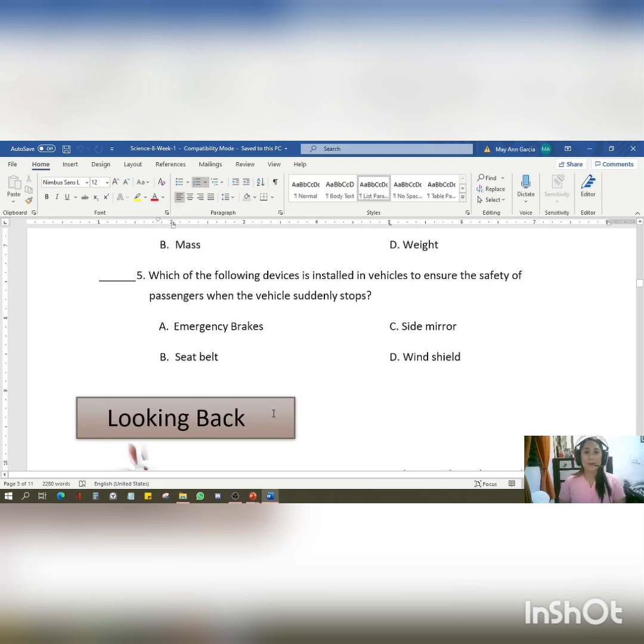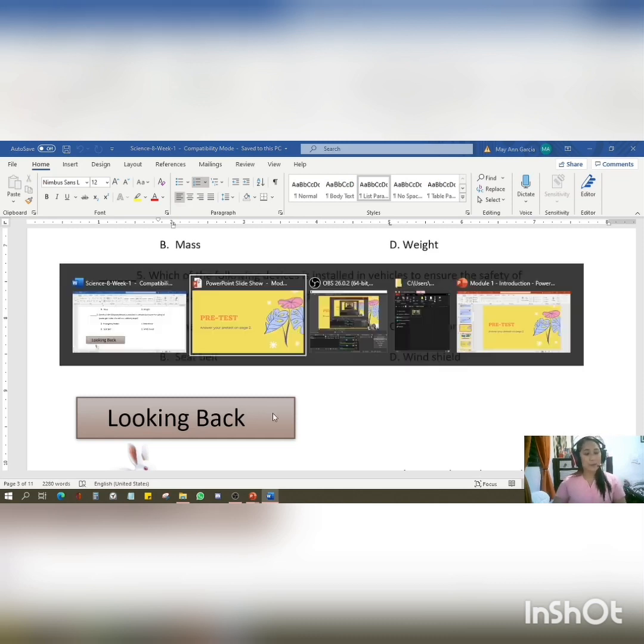So count all the scores and then write it down on the side over the total number of items. So that is over 5. Did you get it right? Good job. Now, let us proceed with